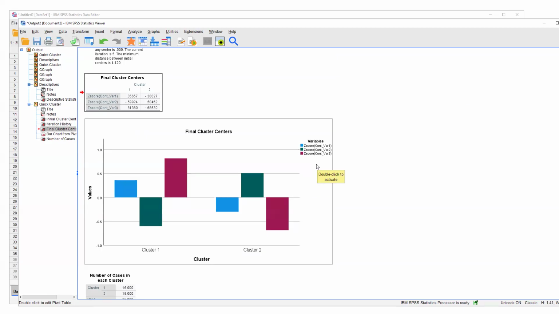And what this is illustrating is these bars. This is referring to the average value of each variable within each cluster category. So the average value of each variable in each cluster category. So for the Z-score cont_var1, the average value is represented by this bar. So if an individual was placed, and this will make more sense when we look at our data